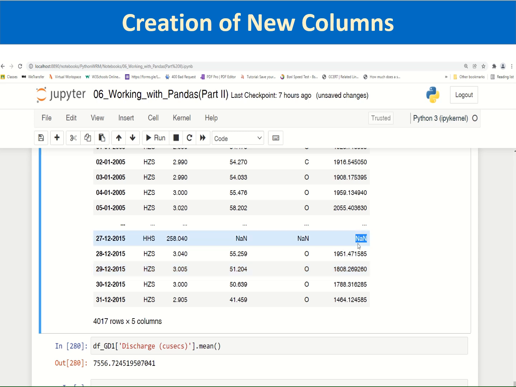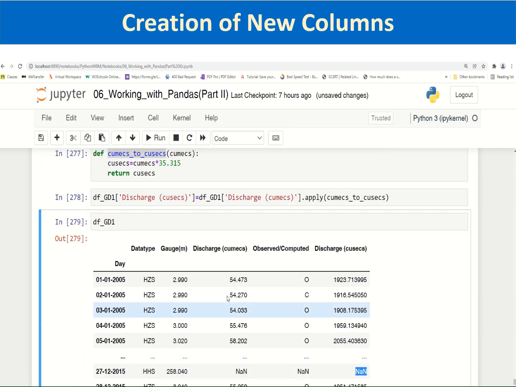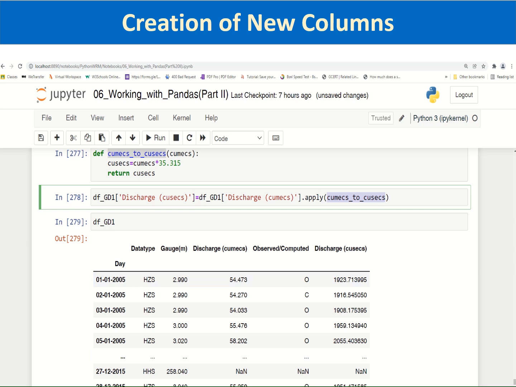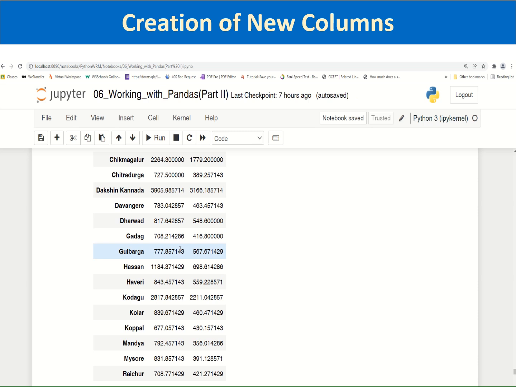Nan actually comes from numpy, which is a numpy object, not a number. We will try to cover the basics of numpy also in one session. So that is about creation of new columns and applying a function with apply, where any user defined function will be applied to any column. And we have also seen grouping of our values. So we have covered most of the basics which are required for